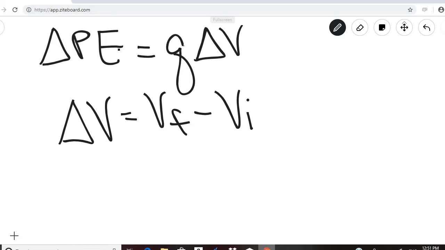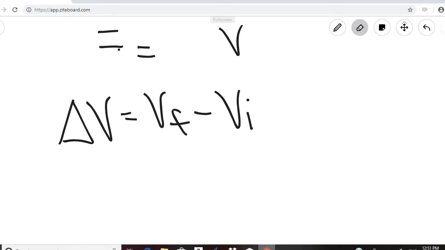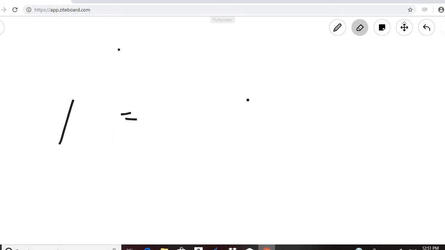So then this is what we end up with, that the change in potential energy is equal to the moving charge times the change in the electric potential. Okay, so let's go ahead and work through a problem with this,